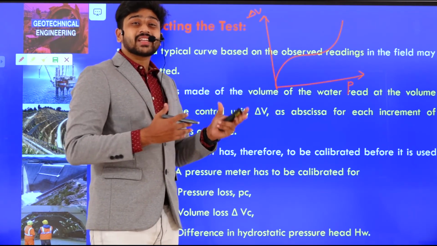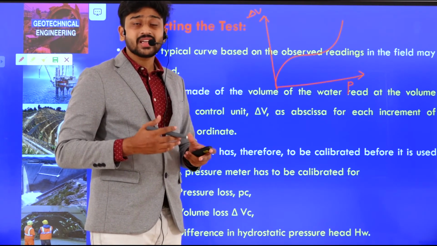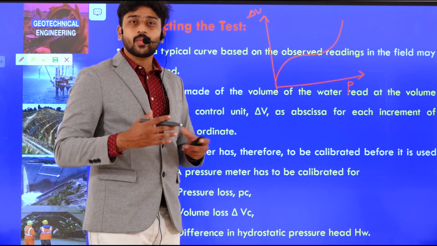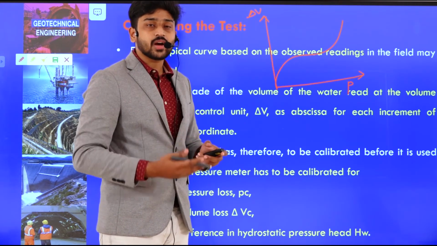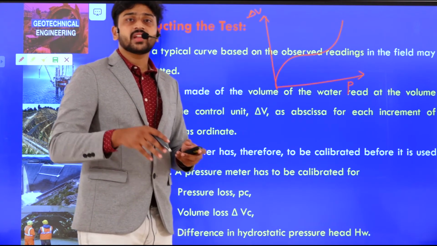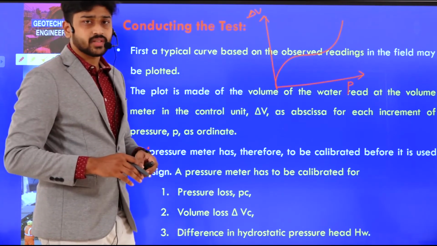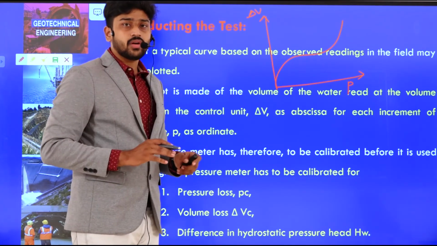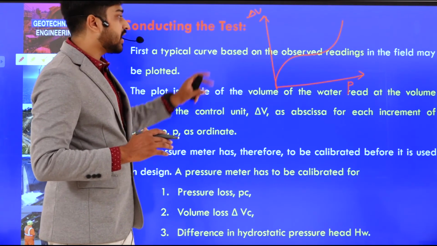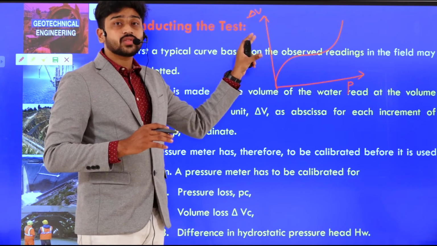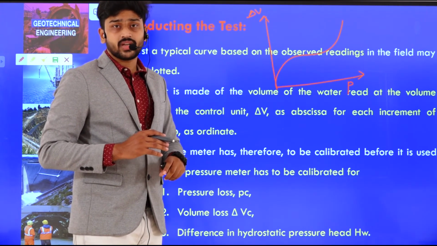Once we get this stress strain curve, we can obtain the Young's modulus, and from that we can state the type of soil that is present at different depths also. Clear? Because we can take the borehole to different levels, and we can insert the probe up to that level. This is just a rough diagram that I have drawn. Make sure to understand it in more detail. The concept behind this is to obtain the Young's modulus of this particular type of soil at the particular elevation where we are excavating.